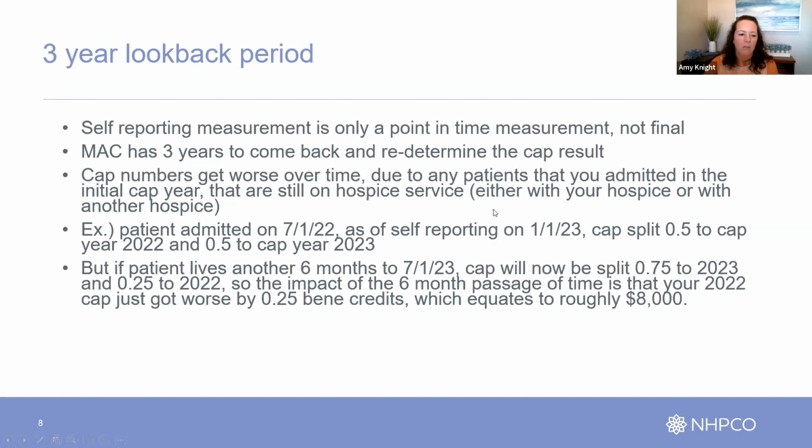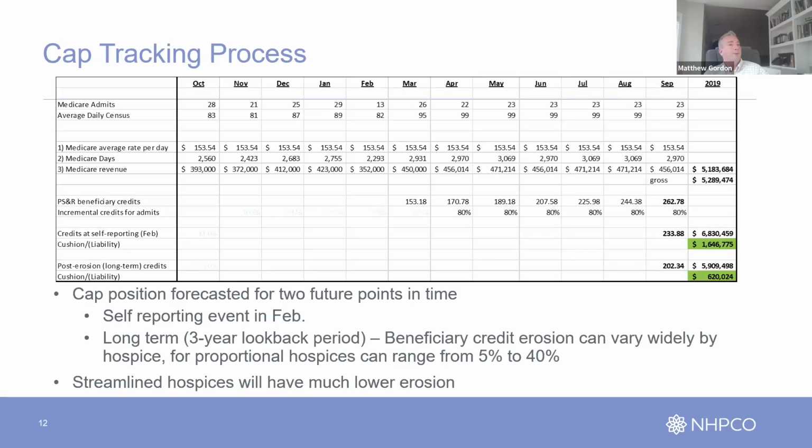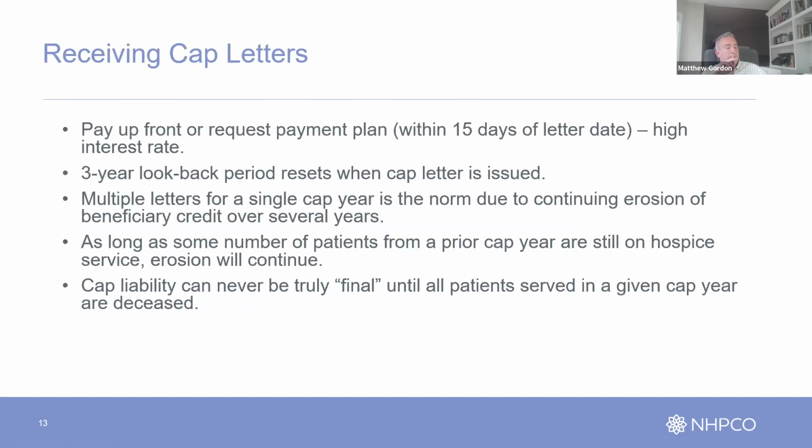All right, then what slide were we on? All right, let's go to receiving cap letters. So you have the initial self-reporting, but again, if you owed money at the self-reporting, you're going to owe more money later in the 3-year look-back period, and that's the reason you get cap letters. Even if you didn't owe at the self-reporting,